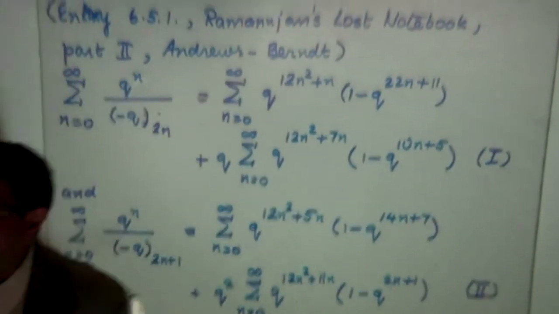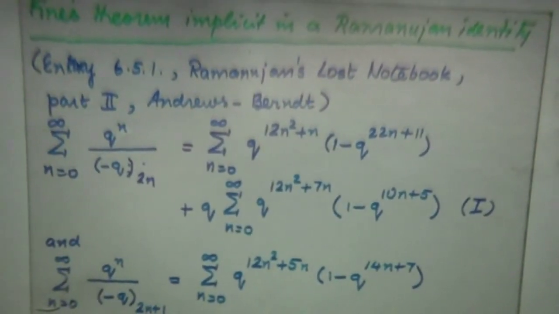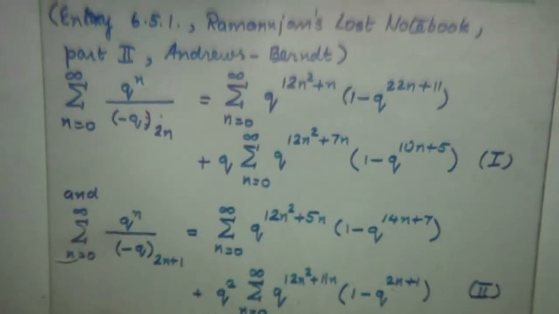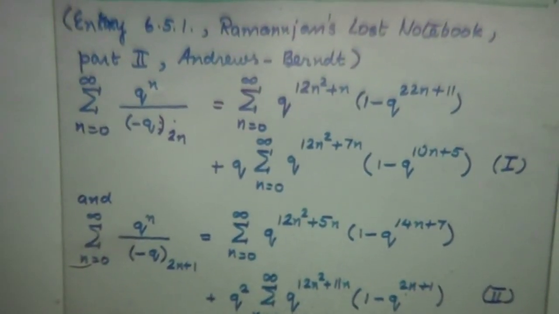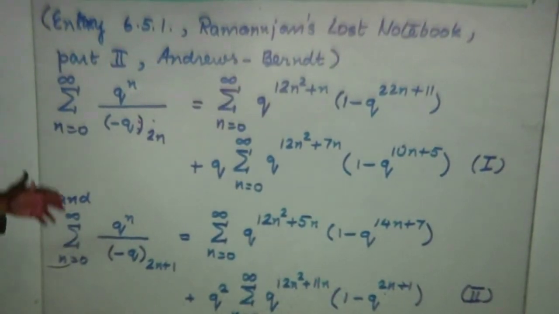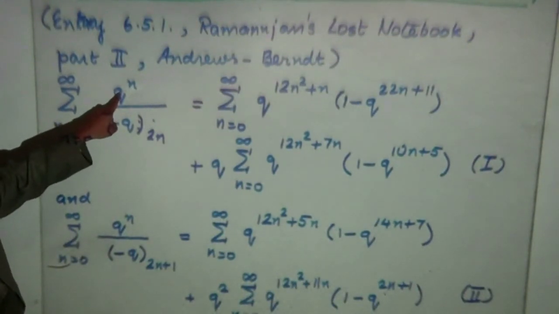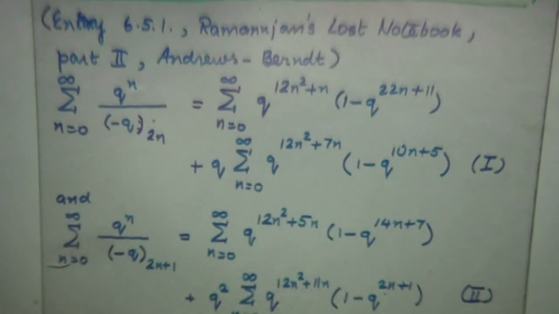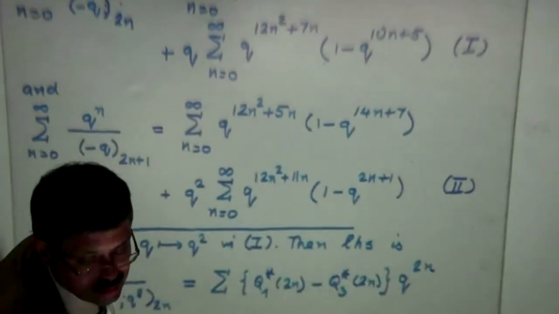But now I want to say something else. Since I mentioned Ramanujan, Fine's theorems were actually implicit in Ramanujan's lost notebook, as we have now realized. So this is a pair of identities in Ramanujan's lost notebook. And it turns out that if I dilate q by q squared, the